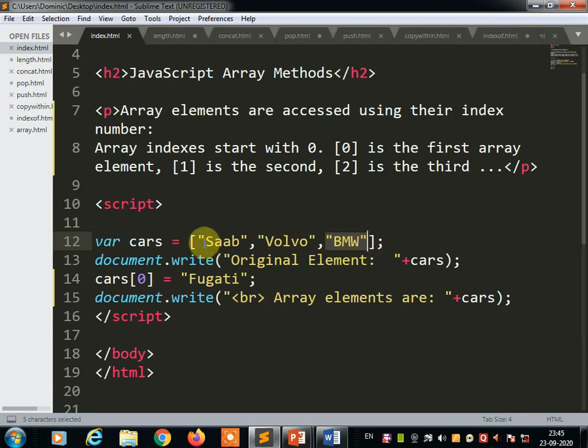So these are the three different car names called the item list, and cars is the array name, and the keyword we use is var. By using the var keyword, we have declared the cars array and the elements in the array. Okay, so document.write, this property we use to print something on the web page,